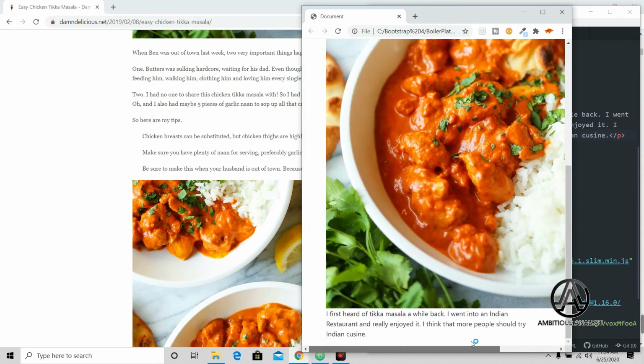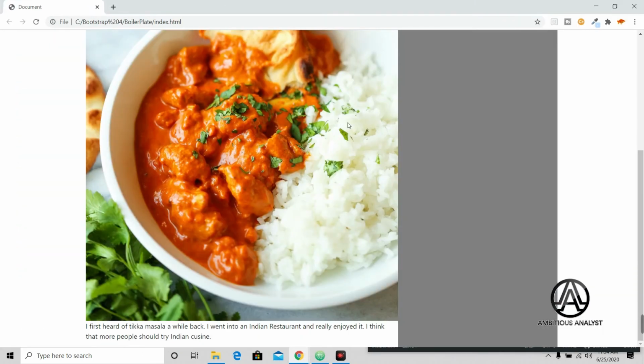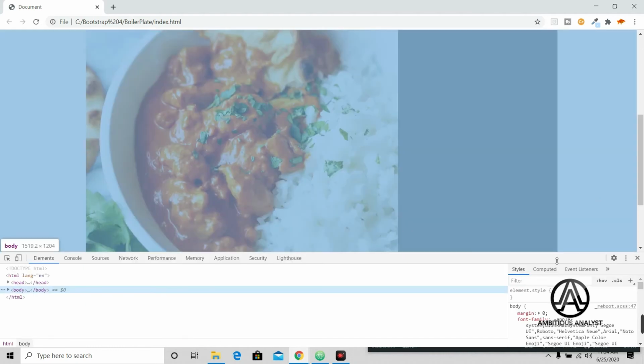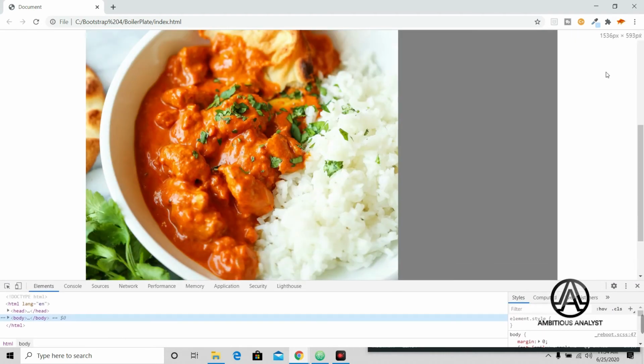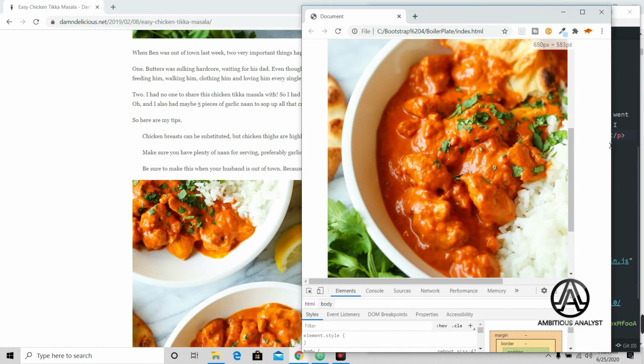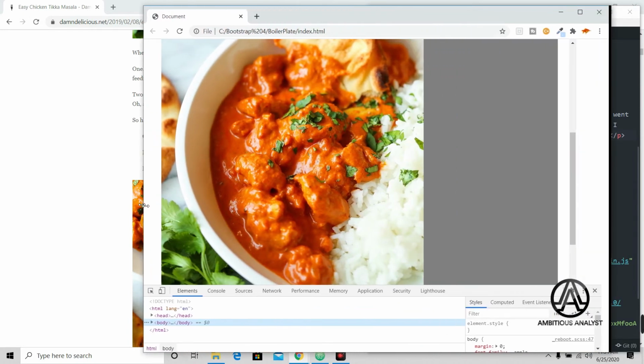I'm noticing that. Okay. So we're working from the large view, which is this view, and it looks fine. But when I go smaller, this is actually the extra large view. But I think the styling is still applied. You see